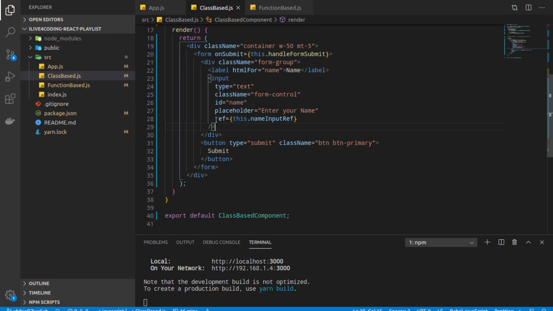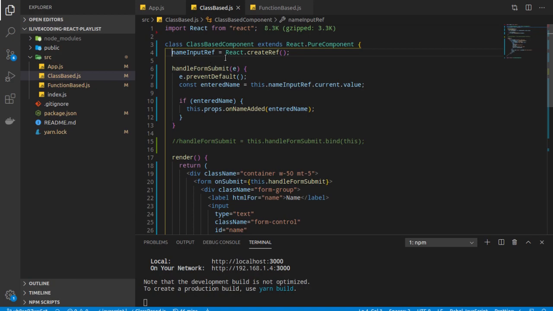You can get data by creating a special ref attribute on the element from which we want to fetch the information. This is the ref, and then we attach our ref variable. If we see here, we are using the React.createRef method to create a ref variable. This ref variable contains an object, and if you want to know more about ref, you can see my other videos.